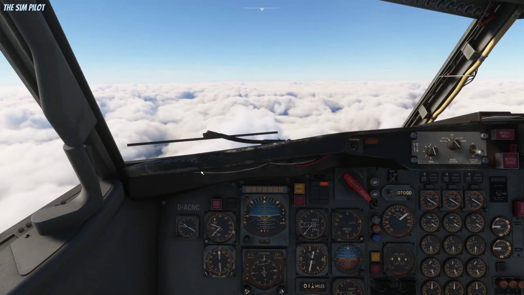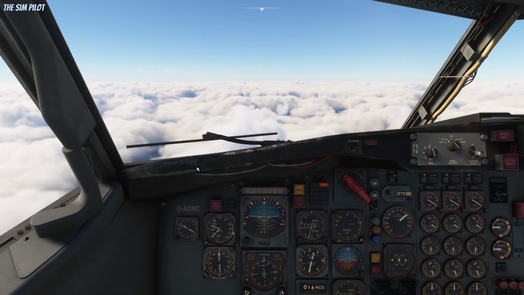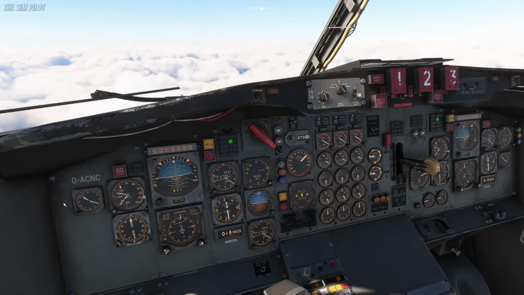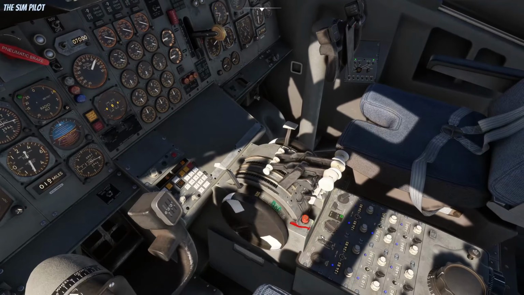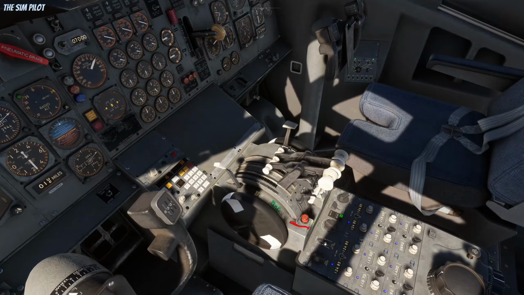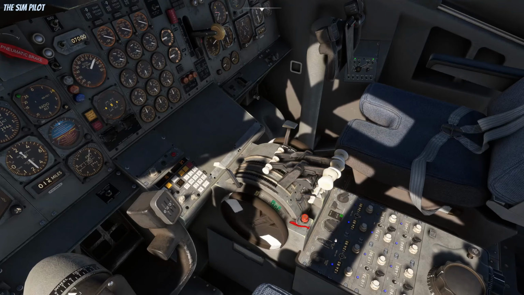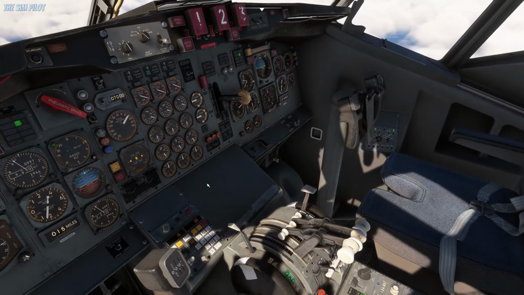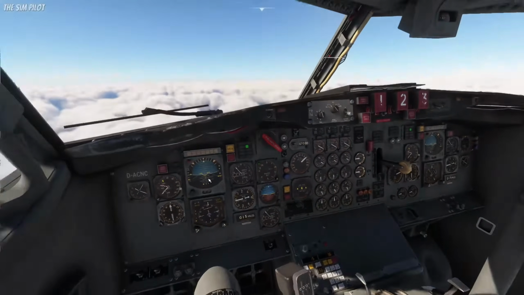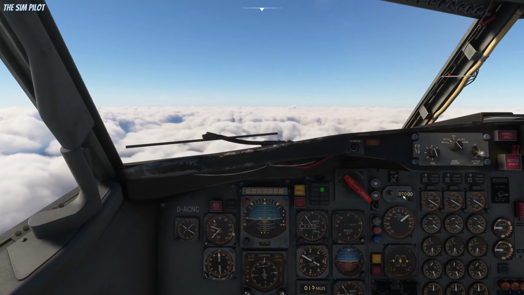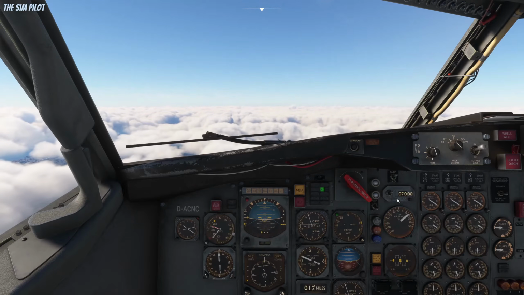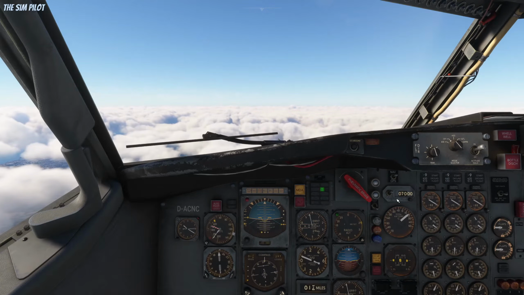Here we are in the flight deck of the 727. If you remember from our last episode, we were descending down to 7000. We are about to hit that, so let's reduce our descent rate. Oh, actually we were going to hold 7000, so we don't have to. I forgot about that. So we are at 7000, we can engage the altitude hold and manage the throttles to